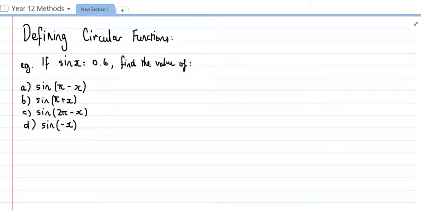Now, the one that we're doing here is if sine x equals 0.6, find the value of these other things. And, well, again, this is using the symmetry of the circle. Now, what this sine x equals 0.6 is telling me is that the y value, when I've turned through some angle, is 0.6. So I could actually draw